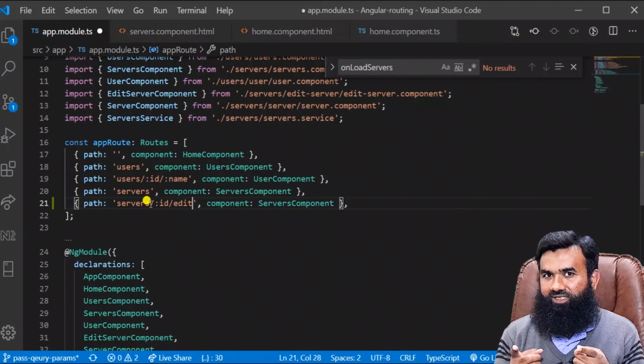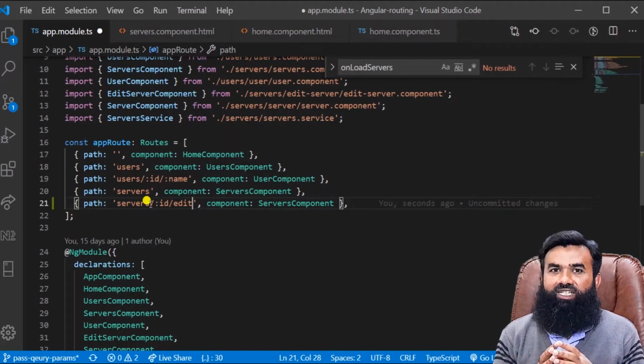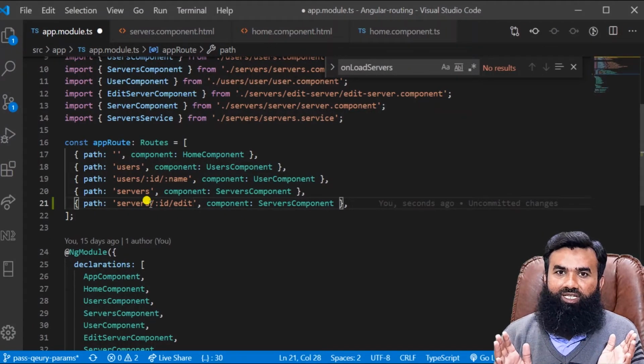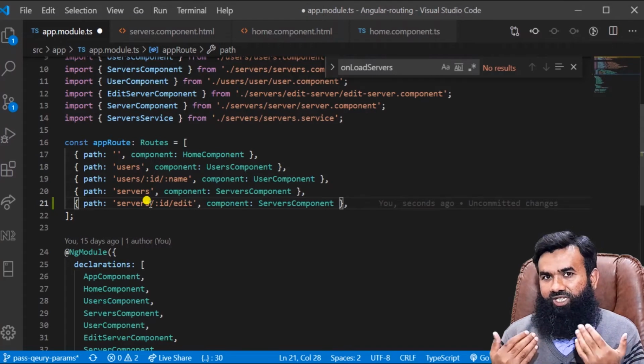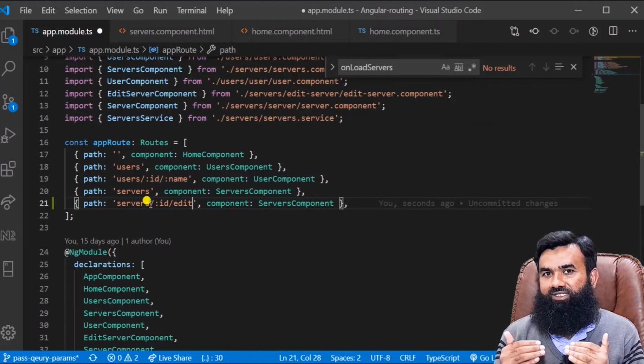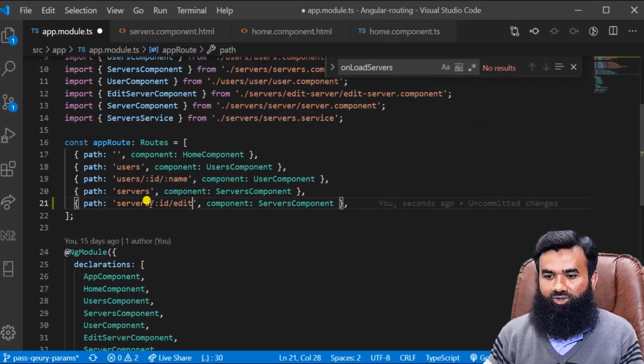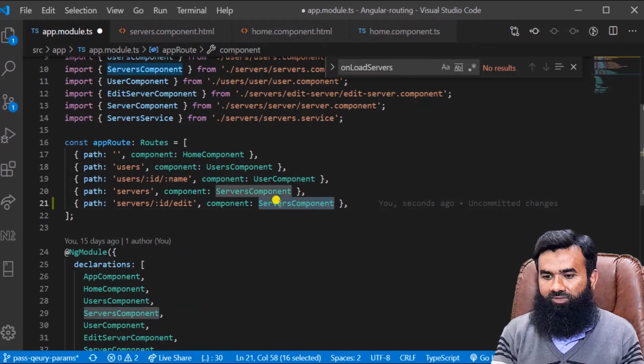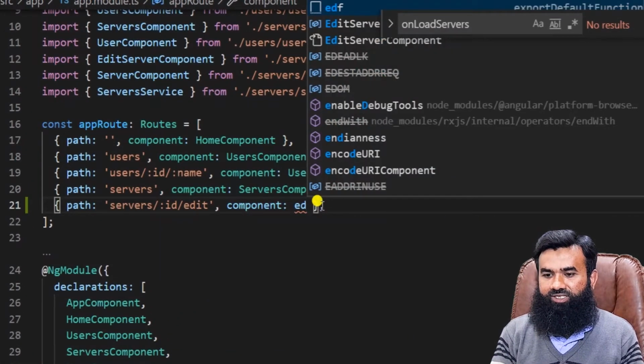Please notice that with this edit, I did not add a colon at all. Since I did not add a colon, Angular will not consider that a dynamic number, it will consider that as a string. And now I am gonna add the name of the component,